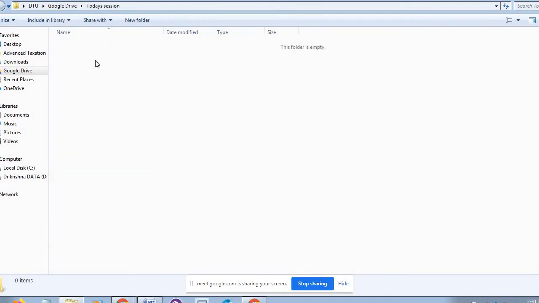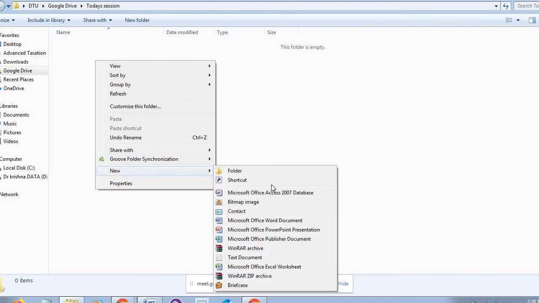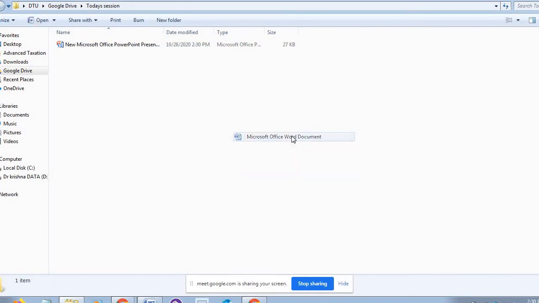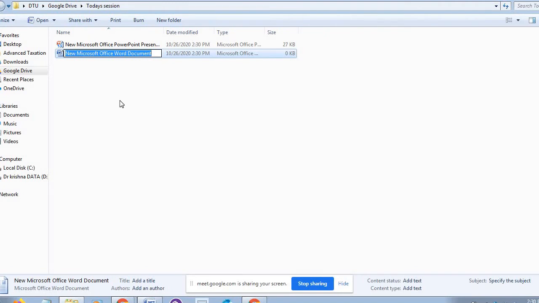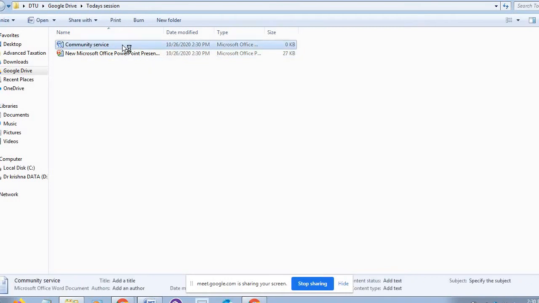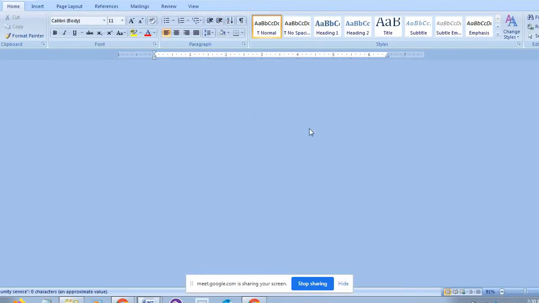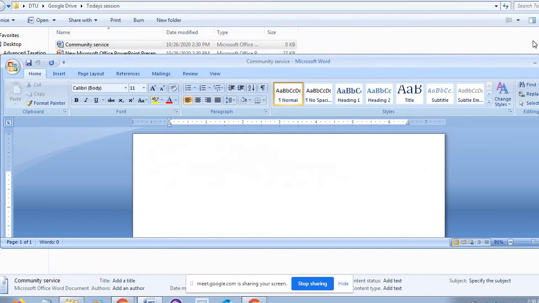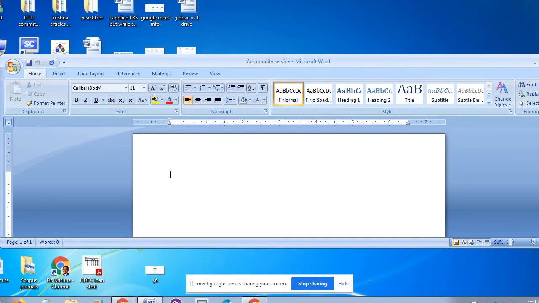Now you see here, you open this, any PPT, or if you want to open any Word file, you open and do the work. Okay, say for example, community service. I am working in art. When you work on this file, wait a minute, let me close.